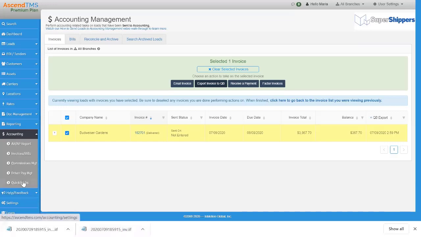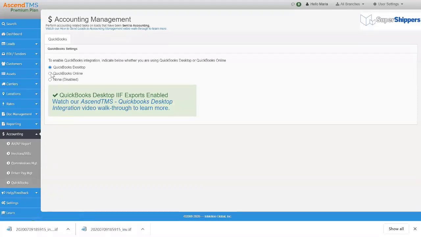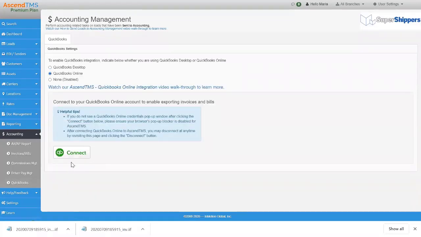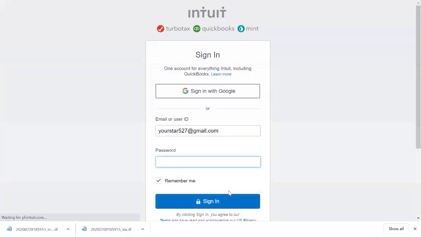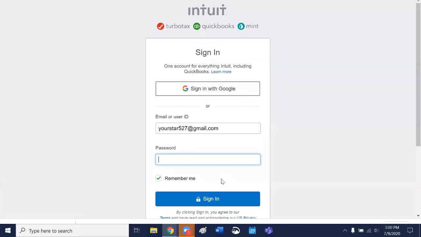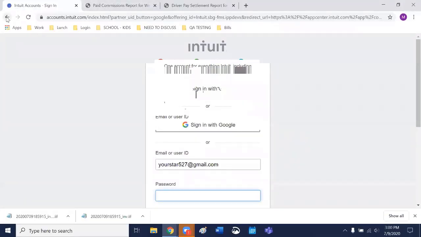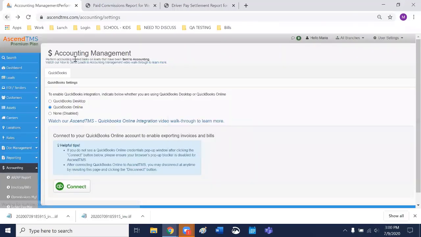The other big difference with QuickBooks Online is, I won't be able to show you, but what'll show up when you connect to your QuickBooks Online is it'll pop up this screen right here. You'll sign in, okay? And then it'll ask if you are approving Ascend to have access, and you'll have to approve. What will happen next is you'll get 3 additional tabs that show up once you are connected. It'll be mapping pay items, mapping customers, and mapping your vendors, which are your bills, your carriers, or your drivers.